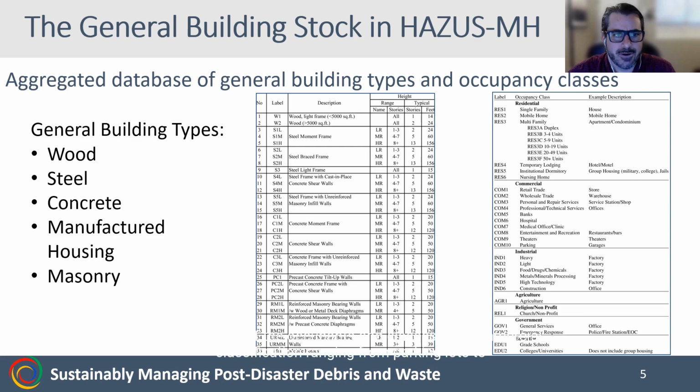The majority of the occupancy classes are of commercial classification, ranging from parking lots, movie theaters, hospitals, and offices. Residential occupancy classes vary from single-family to multifamily homes, temporary lodging, and mobile home communities. Industrial facilities are primarily classified based on product types generated from these facilities. In other words, food, metals, or high technology.